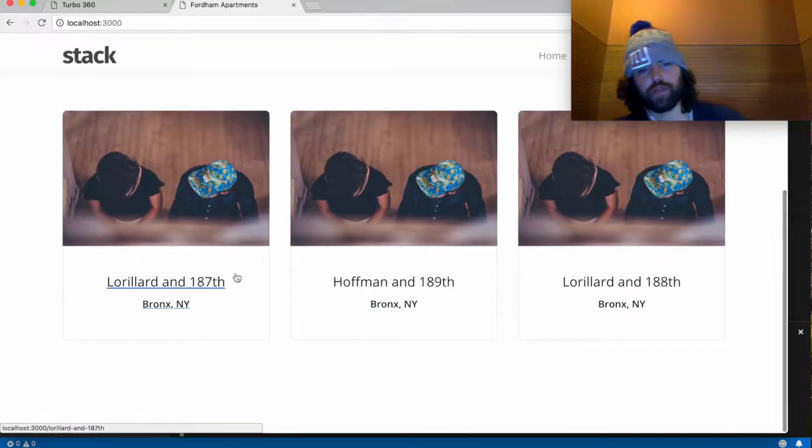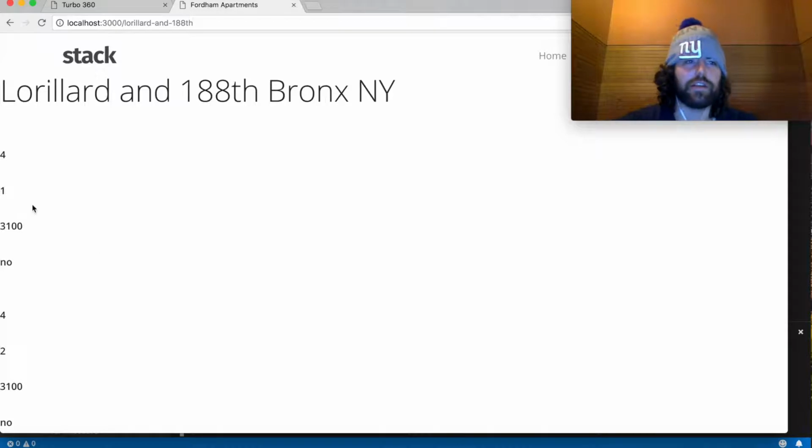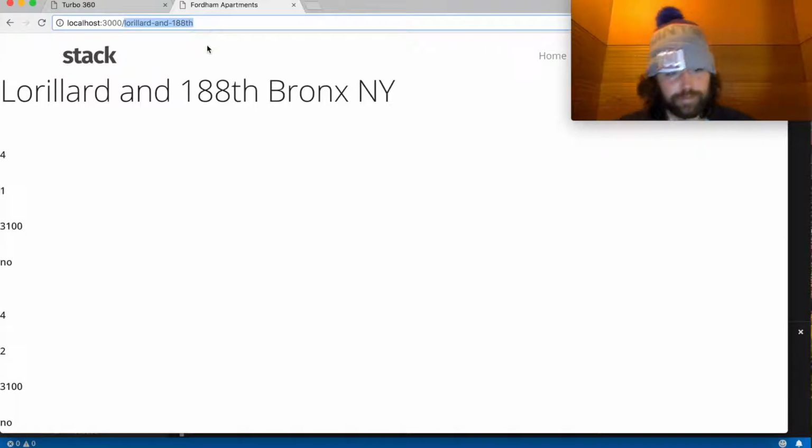So if you go to a building, a building has many apartments. It's the terminology for using relational database technology. So a building has many apartments, and an apartment belongs to a building. So when you go to the building page here, we have this slug up top, and what that does, if